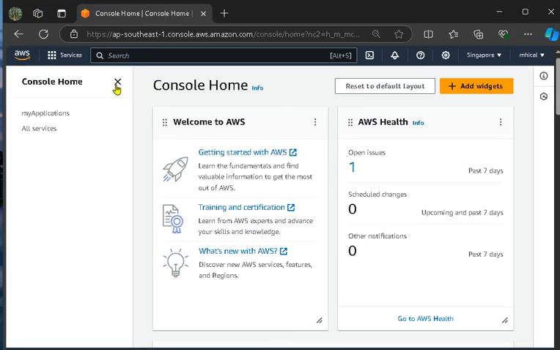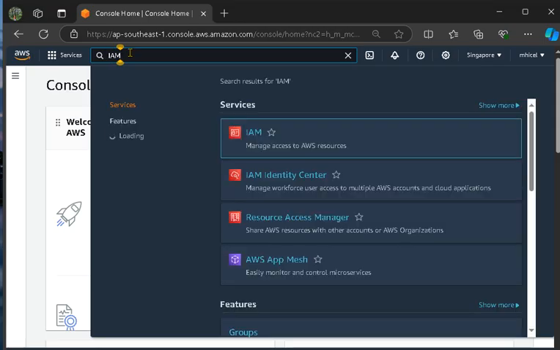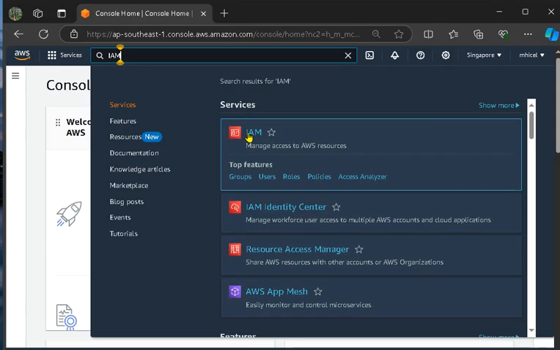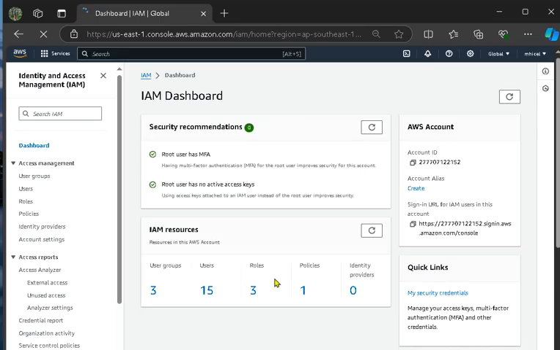Then let's go to the IAM dashboard. I'll be walking through the dashboard. As you can see here, I already activated and manage the MFA.